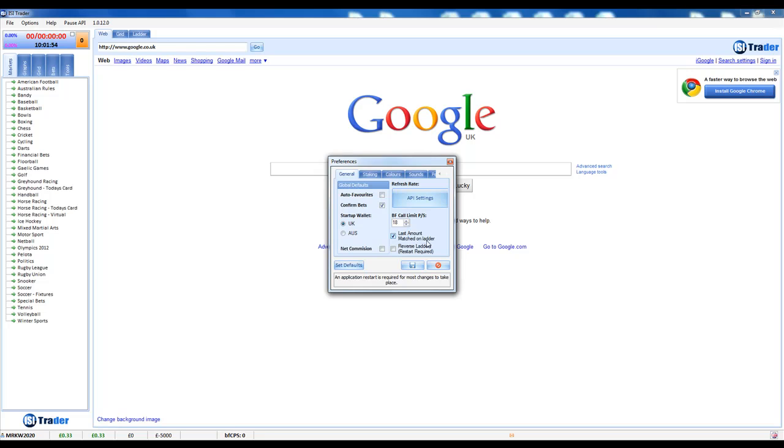Your last amount matched on the ladder, we'll show you that later on. Reverse the ladders, everyone will know what that means. Every program out there does the same. Default stakes for the grid and the ladders, we'll show you them later on in another video. Colours for the ladder. Sounds,